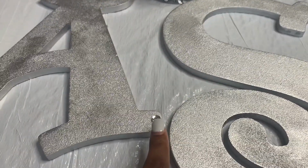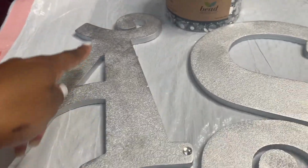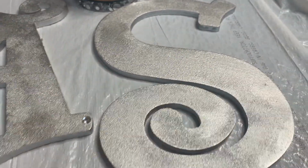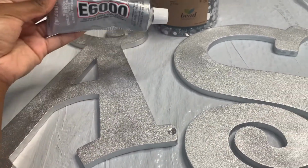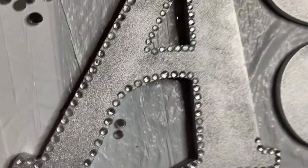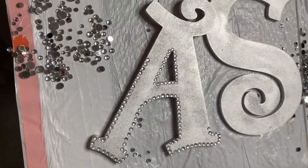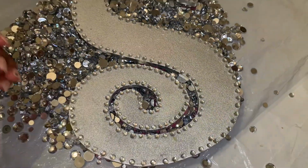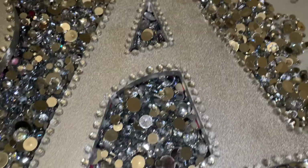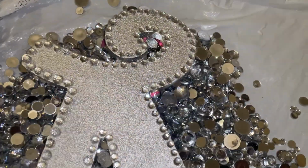And I used these gems that I got from Hobby Lobby to go around the perimeter of the letters. I stuck the gems on with E600 glue. Now, this glue is really sticky, so eventually I ended up switching to a hot glue gun. But I know y'all didn't want to watch me put all these rhinestones around it, so I just went ahead and skipped that part. But this is the finished product, and I hope you like this super quick DIY tutorial